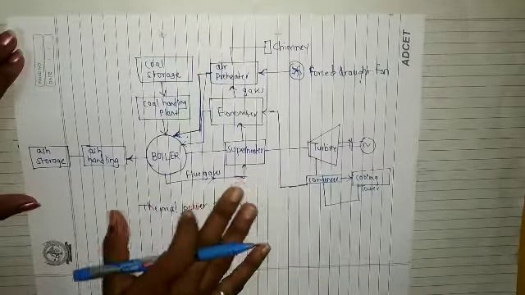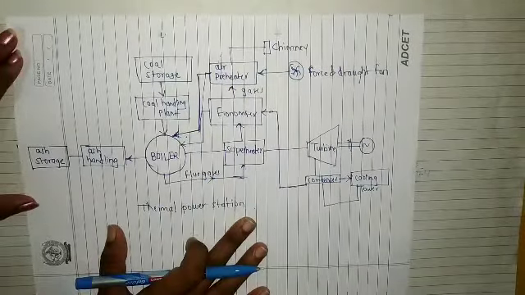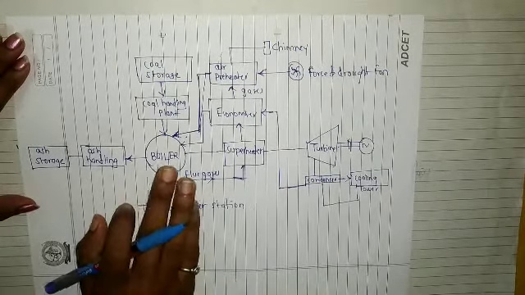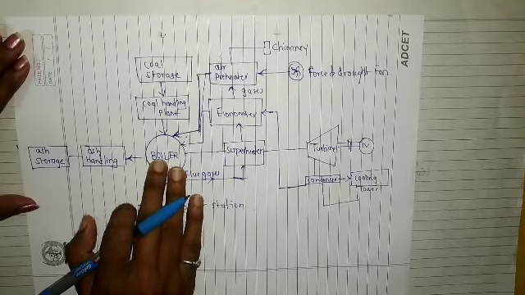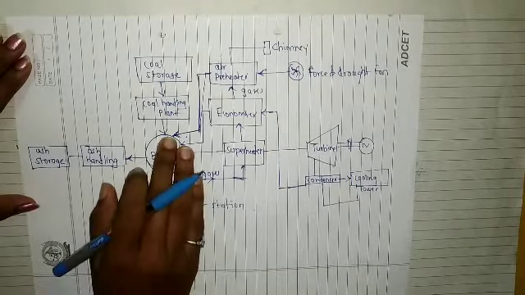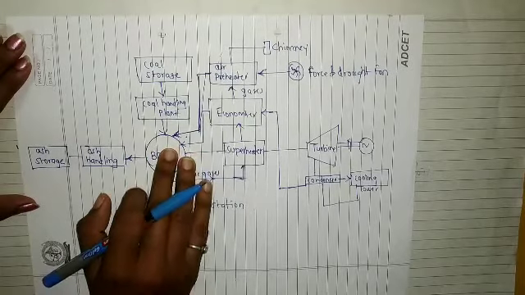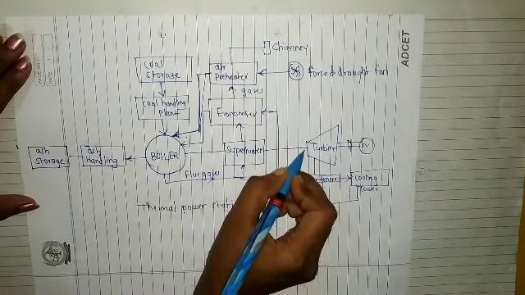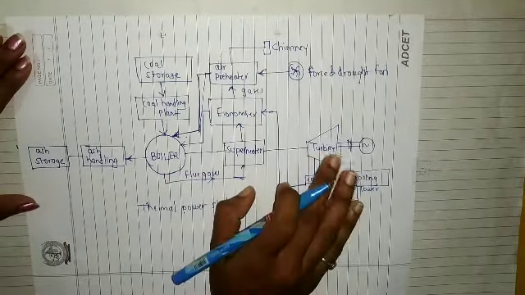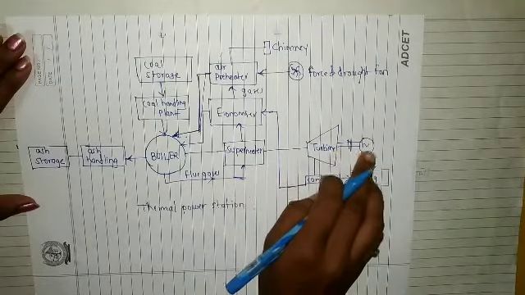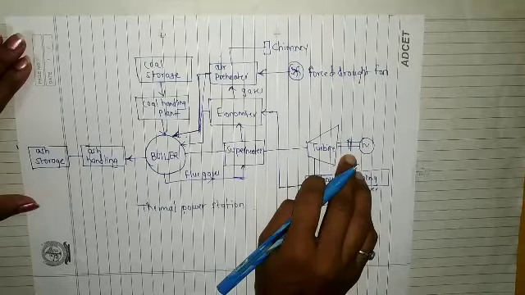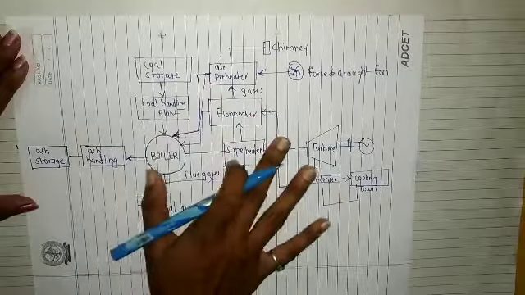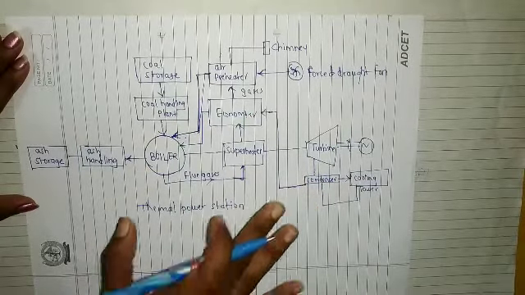What is the basic principle of this thermal power plant? First we have to generate heat. So heat is generated here. Due to this heat, we take water, and this water is then converted into steam. Because of this steam, the shaft of the turbine will rotate, and our alternator is coupled with this turbine shaft. The alternator will produce electrical energy. So you have understood the basic principle on which it works.